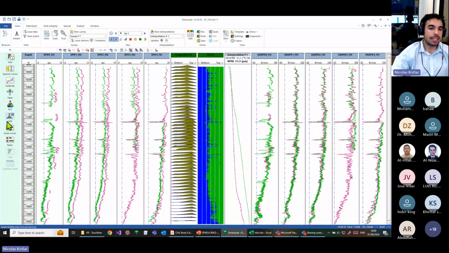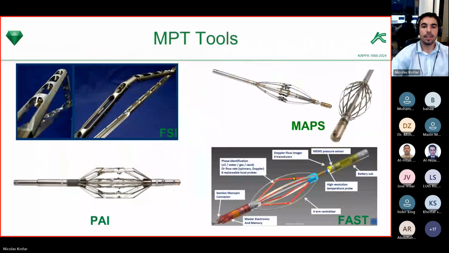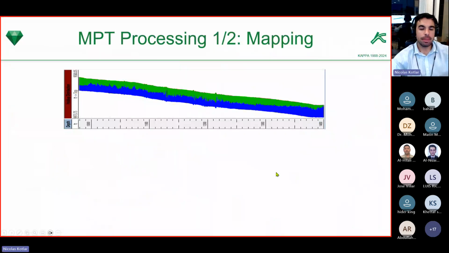And now is the key step in horizontal production logging interpretation. That is what we call the MPT processing, right? So what do we do in this MPT processing? I'm going to show you a slide. Okay, so in the MPT processing,